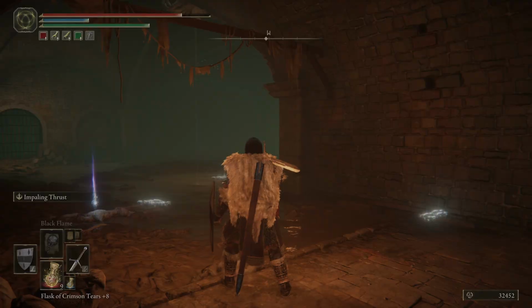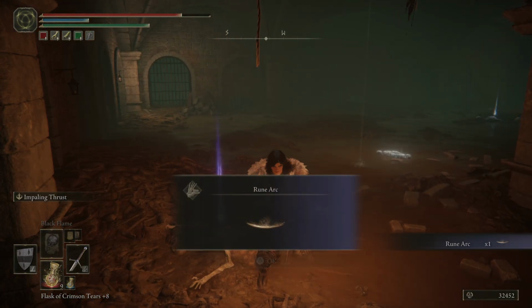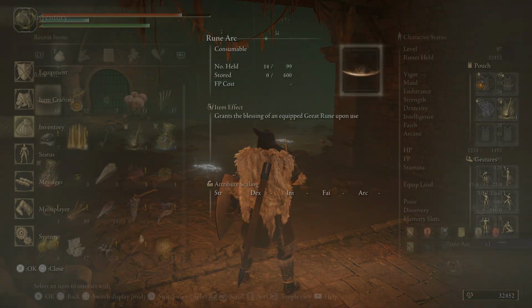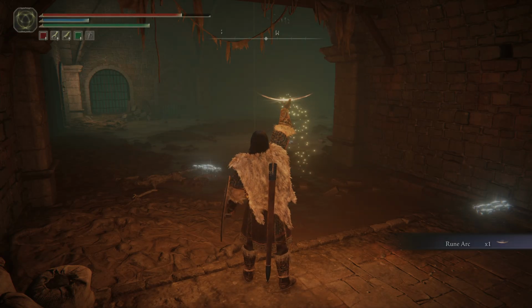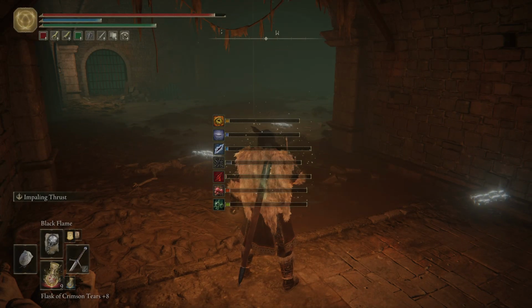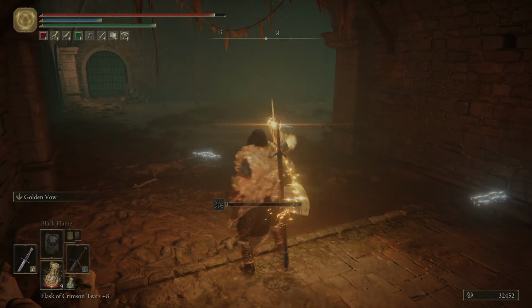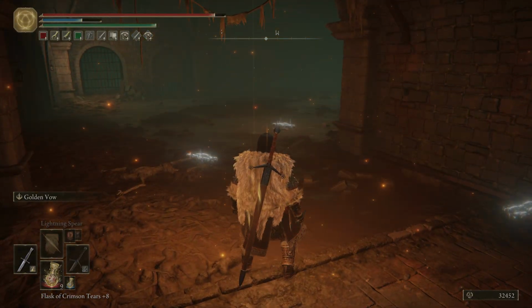Now, in here is the Giant Hand, who is essentially a boss fight. Might kill us. We'll see. We're gonna use all our stuff on him. I find these hand guys, I'm so bad at them. Let's see. Okay, so...